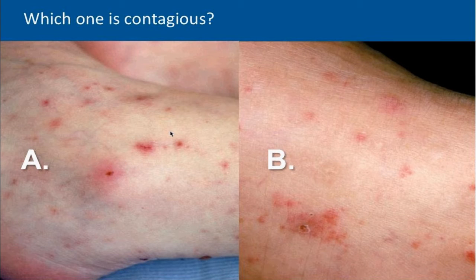So A or B, which of these is contagious? This is a tricky one. But just think in your mind, what am I looking at? You're looking at petechiae or purpura of the ankles in both these cases. So these would not blanch in both cases. And this is a tough one. On the left, the patient's quite ill, and on the right, the patient's not very ill at all. What you're looking at is a case of meningococcemia on the left and leukocytoclastic vasculitis in the early stages on the right.